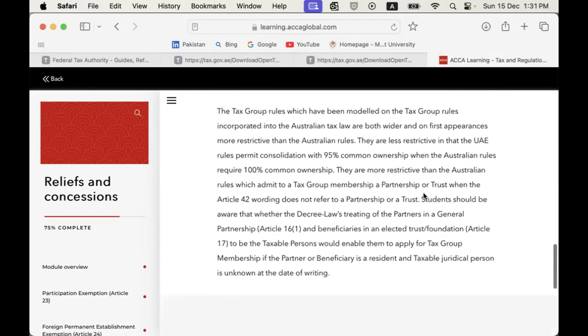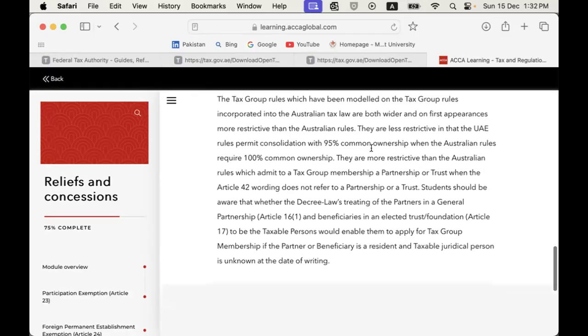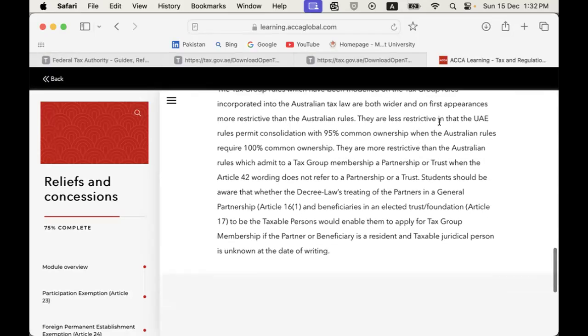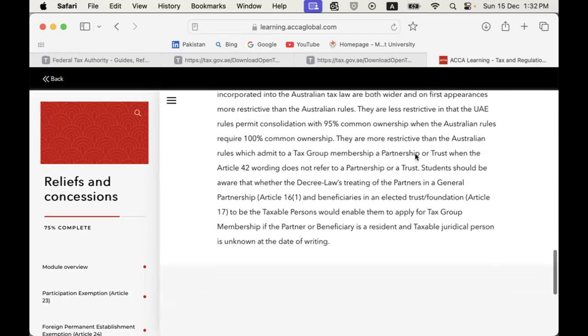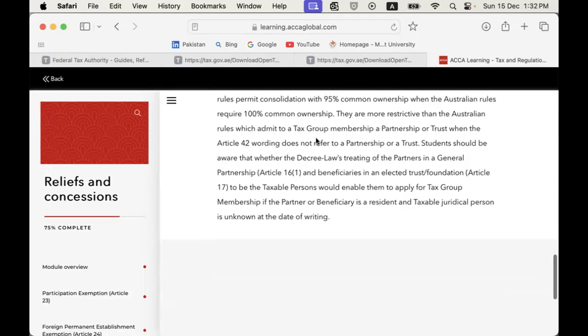So what else is there? There's some mention of Australian tax law. Let's quickly go through. Tax group rules have been modeled on the tax group rules incorporated in Australian law. Less restrictive in that the UAE rules permit consolidation with 95% common shareholdership, whereas the Australian rules require 100% common ownership. They are more restrictive than the Australian rules, which admit to tax group membership a partnership or trust. But